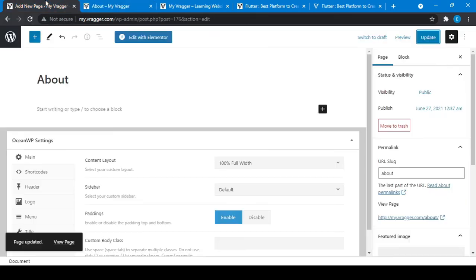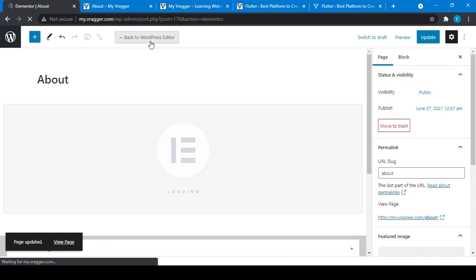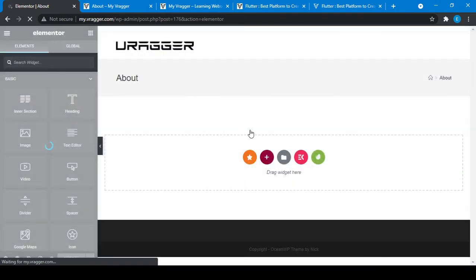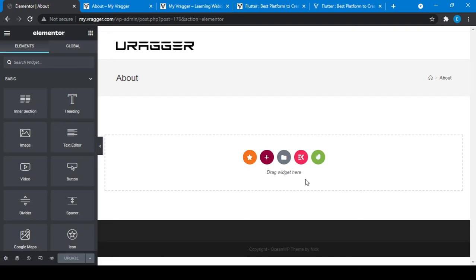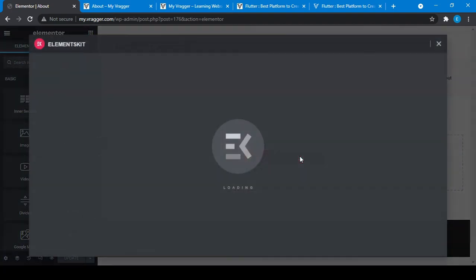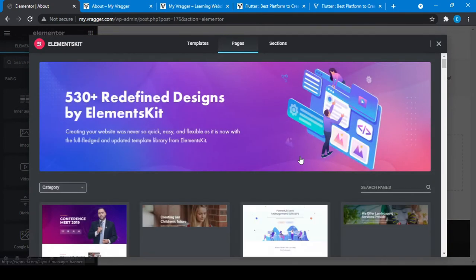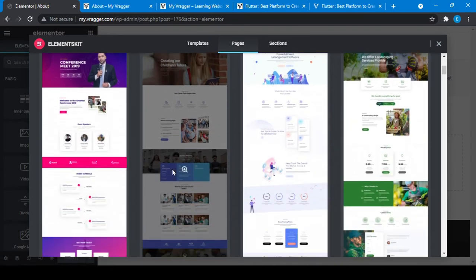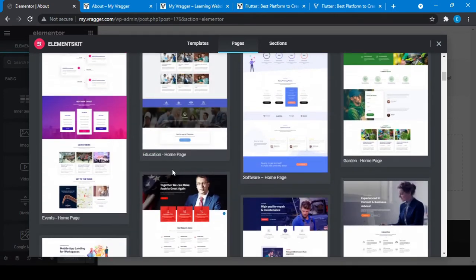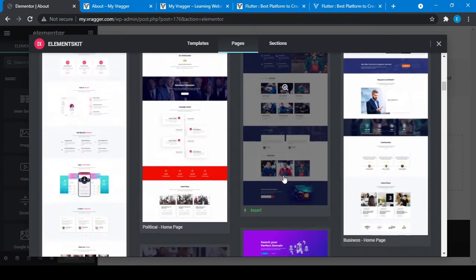Cool. Now what I want to show you: just click on edit with Elementor. In our home page we created everything one by one. But if you are using some plugins, you can just use any of the pre-built templates. That means choose any template, like this home page.